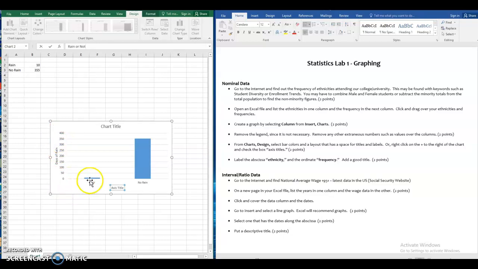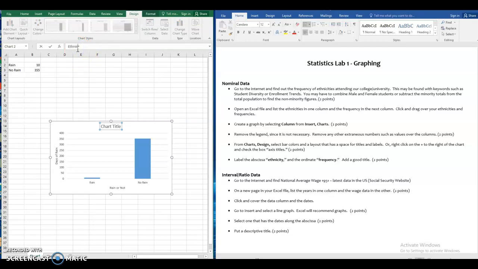All right, so this is the mere 10 days of rain. Of course, in the desert, you can't have more than an average of 12 days of rain a year, and then the no rain days right there. All right, but yours is going to be ethnicities, and then combined male and female totals for those, and a nice chart title here, which you could say